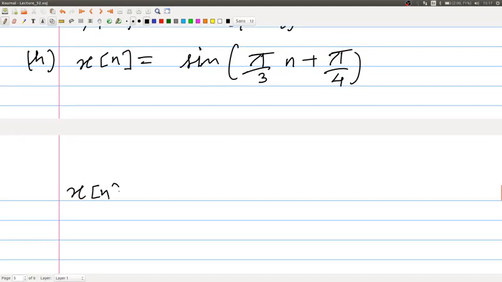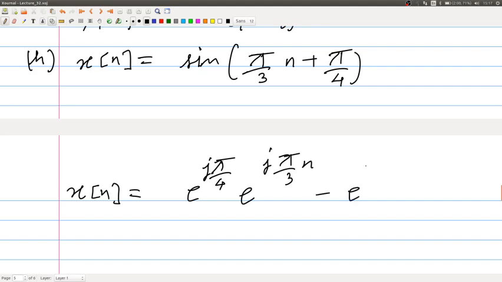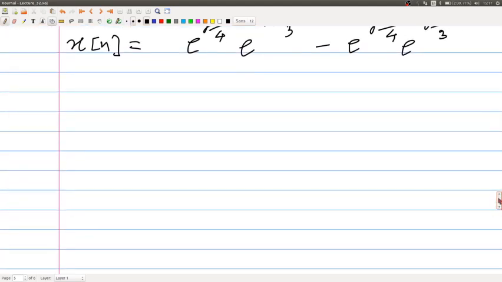You write x of n in terms of the complex exponentials, so this would be e to the power j pi by 4 e to the power j pi by 3 n minus e to the power minus j pi by 4 into e to the power minus j pi by 3 into n,